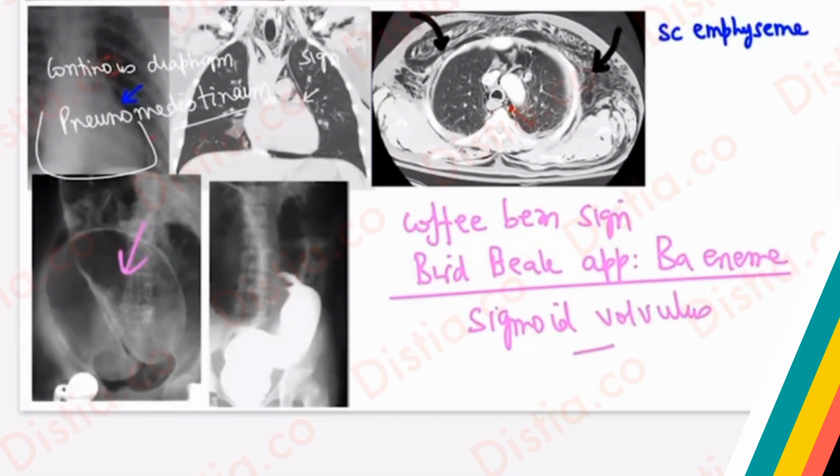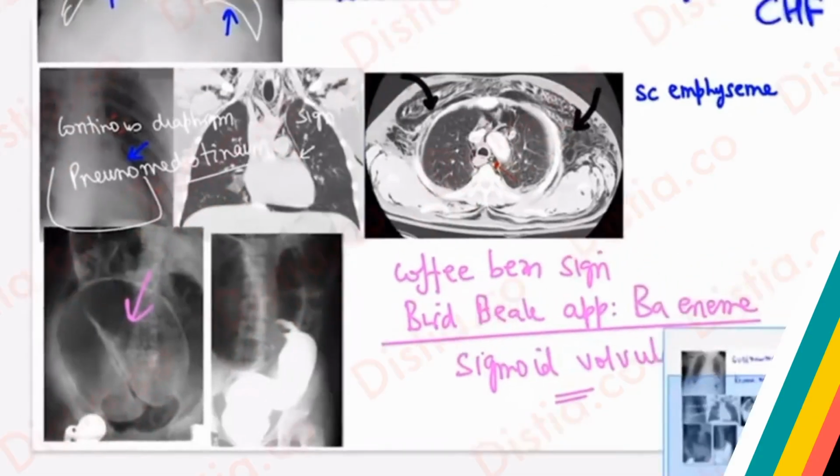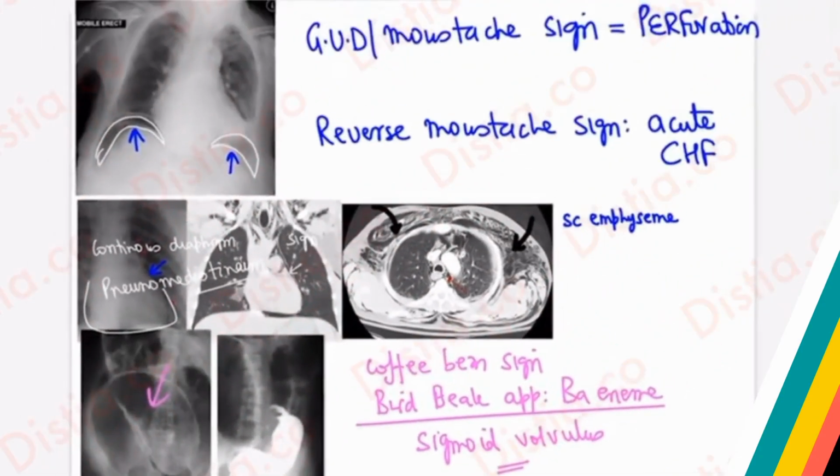The objective was just to sensitize you to the fact that lots of time in the GI tract there might be overlap between medicine and surgery, and most of the questions will definitely begin by saying abdominal pain or chest pain in a patient, but then the radiological images which are present will definitely help you pick it